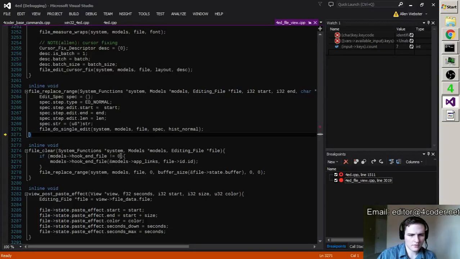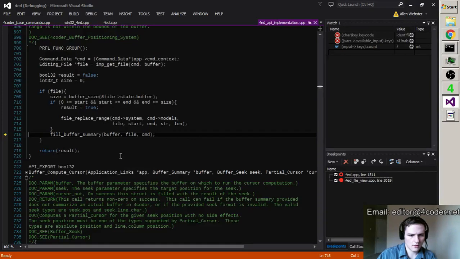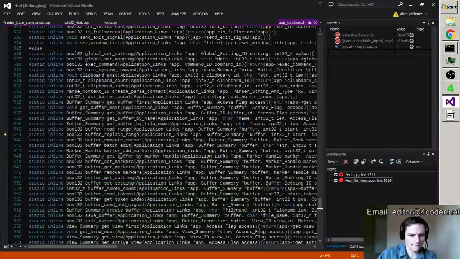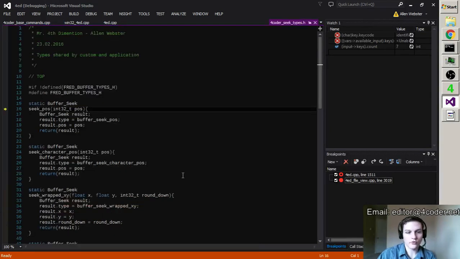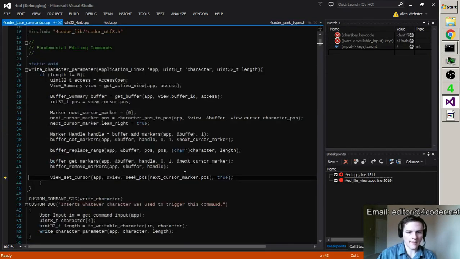So there's our cursor fix. Now I read out that 1, there it is, and I remove those markers from the buffer, and now I'm setting the cursor again.